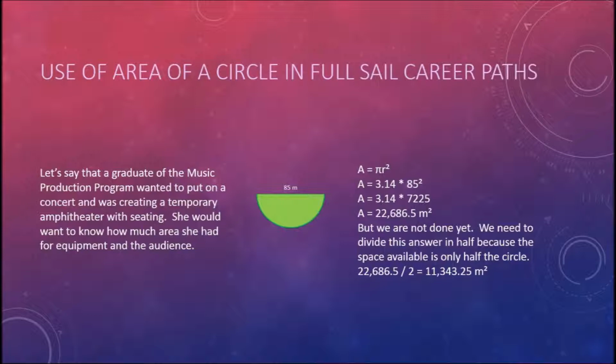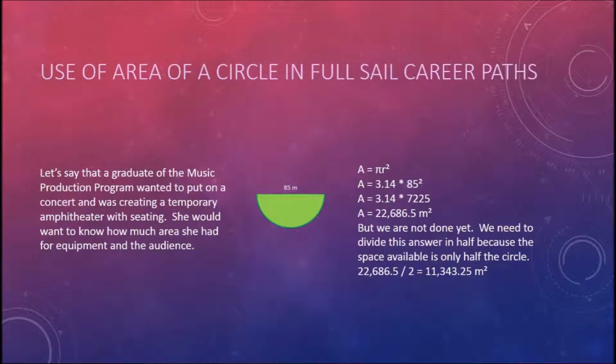For the use of the area of a circle in Full Sail career paths, let's say that a graduate of the music production program wanted to put on a concert and was creating a temporary amphitheater with seating in a park. She would want to know how much area she had for equipment and the audience. In my example here, I have a half a circle with a diameter of 85 meters, with our formula being area equals pi times r squared, once again substituting 3.14 for pi, multiplied by 85 meters squared,